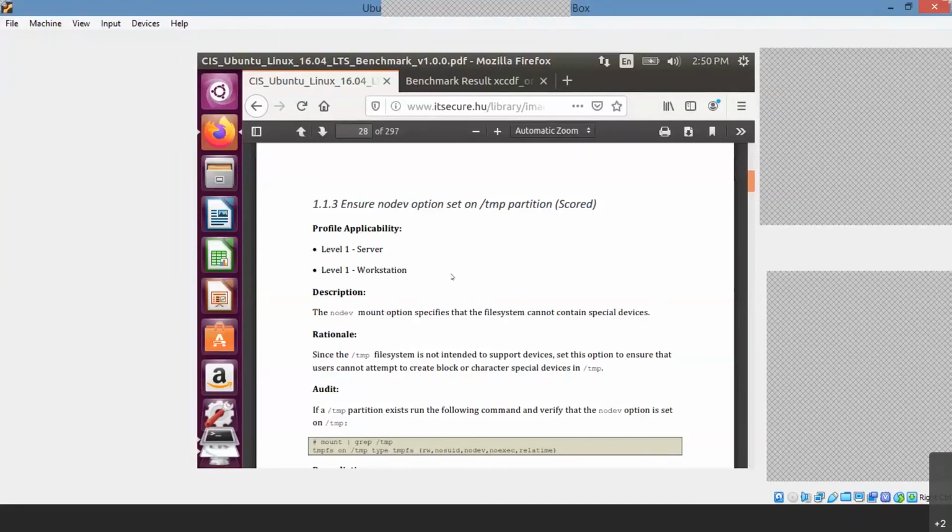Can we install the .exe in Linux? No. But there is an application with the name Wine. Have you heard of this application, Wine?